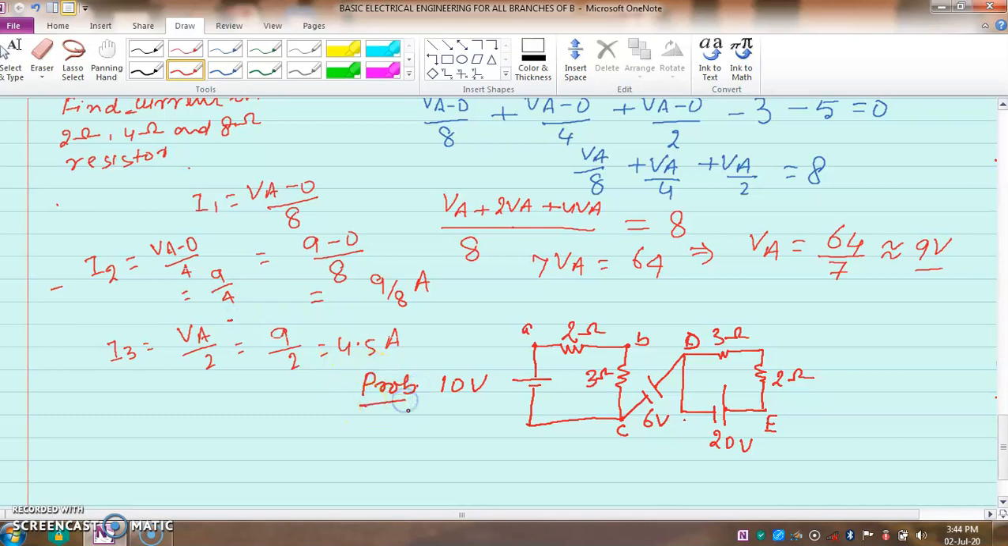In this problem, suppose it is required to find the potential difference, meaning V_AD. What is the potential difference between A and D? A and D. Maybe any point, A and C. What is the potential difference? Maybe the potential difference between A and E also. So I will give you one idea how you can find the potential difference between any two points of a circuit. It will be depicted in